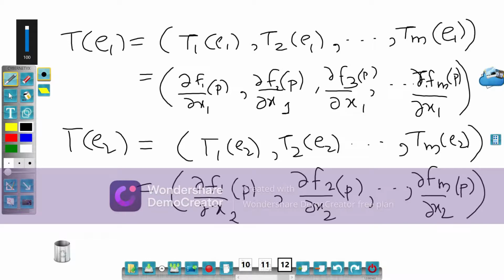Right. So in general we can have T(en) is equal to (T1 en, T2 en, ..., Tm en),